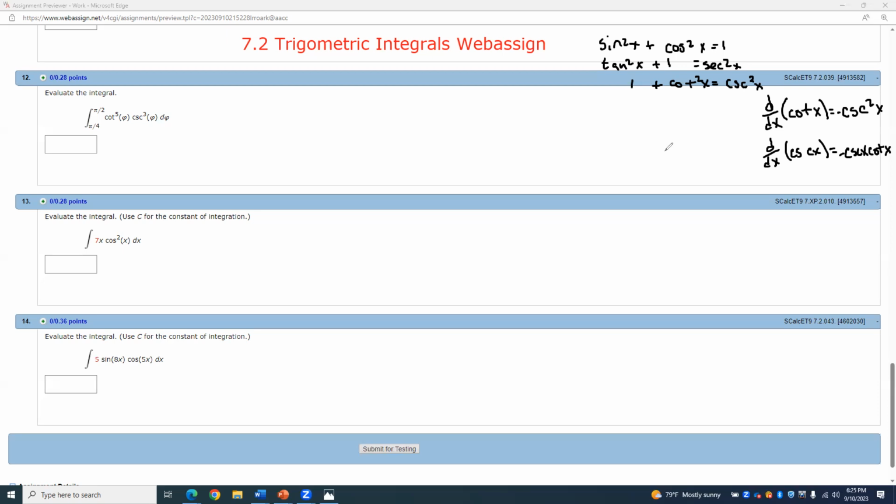All right, it's all about rewriting this so that the du is multiplied off to the side, and we can then use a trig identity to make it easier so that everything can be turned to a u nice and easily, and then we have the du ready to go. So for instance, you might start thinking, okay, let me see. I see a cosecant to the third. I know the derivative of cotangent is negative cosecant squared,